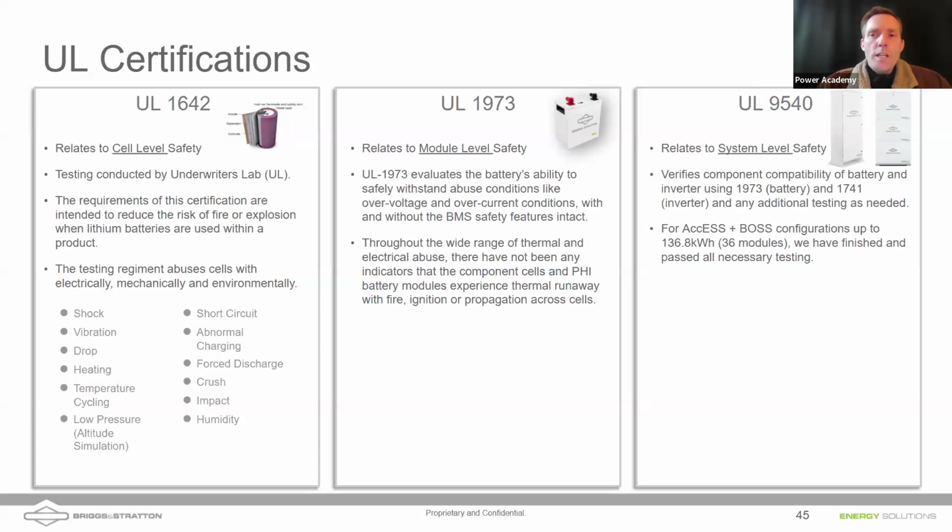UL 9540 is a system level test. So if I had, let's say, 6 of the Phi battery modules, or 6 of the 6.6 modules, the system level safety test is a UL 9540. Those 6.6 batteries, the Amplify batteries, have all gone through system level testing. And so we have the battery cabinet shown there is certified to hold the Phi and the Amplify batteries at elevated overall capacities. I believe that's a